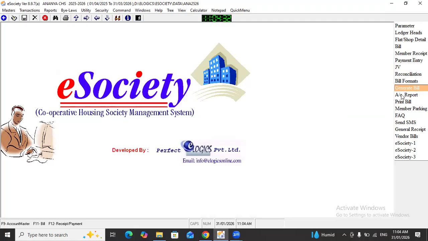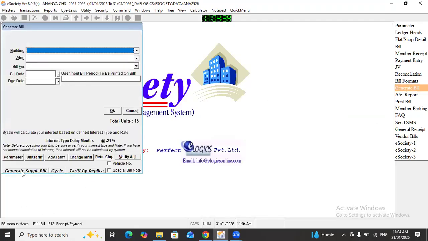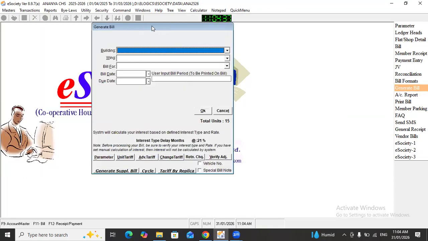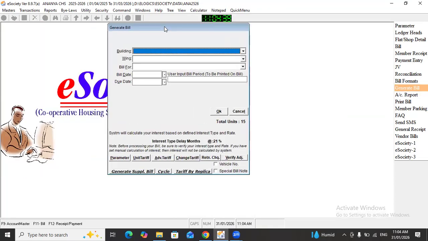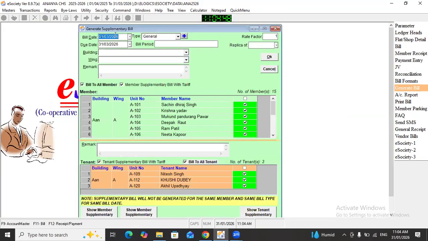Now we'll see the next option, generate supplementary bill. If you want to generate the supplementary bill from the same form, generate bill, you can go to generate supplementary bill, click on this option, then select the bill date.